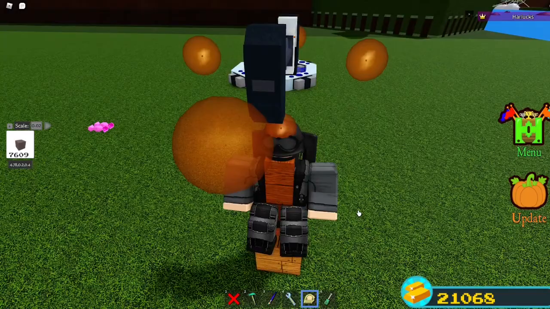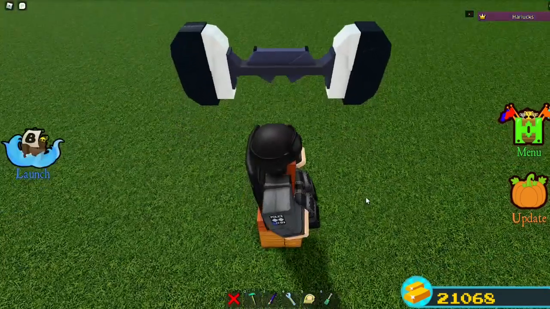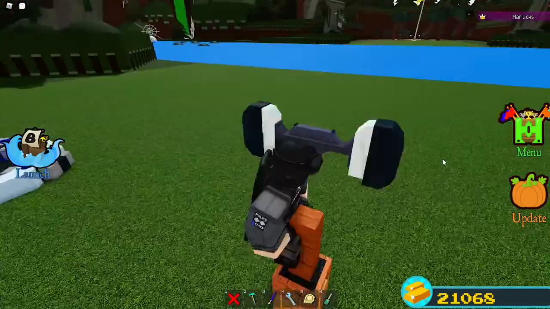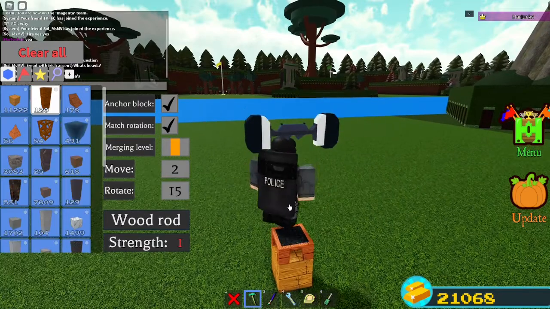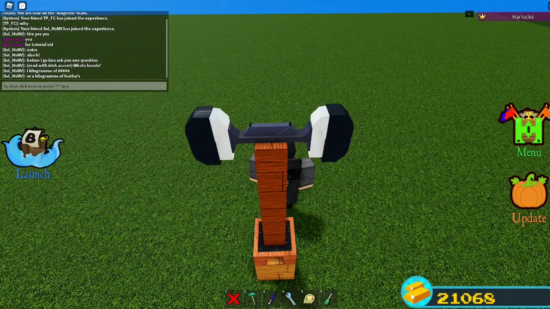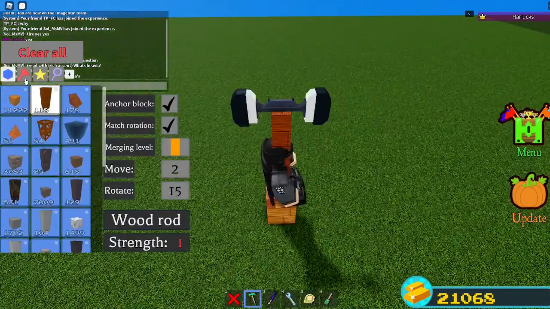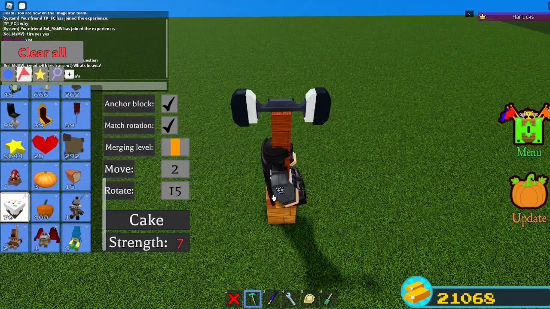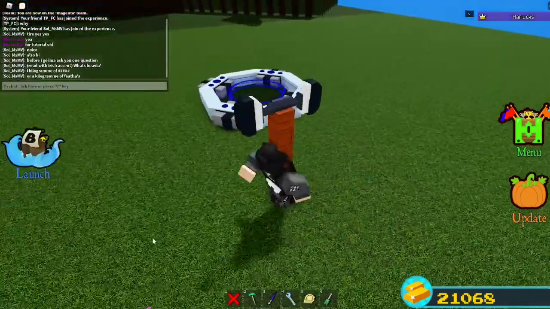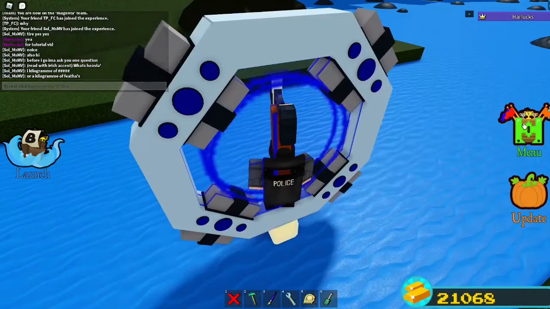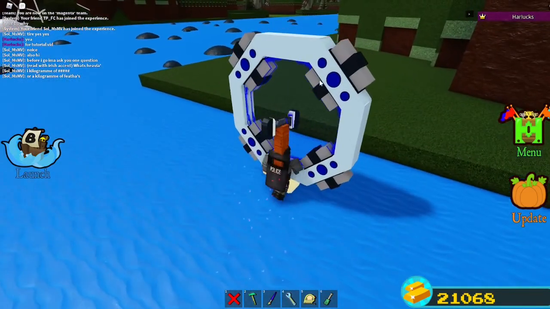Alright, so now that I got that, I don't need that per se. Now, what to do? I guess dupe it over a bunch of times and place 2 more poles. And yeah, easy. Now what we do, very simple, just like my other tutorial video on how to make circles. Walk over, reload it, go back,